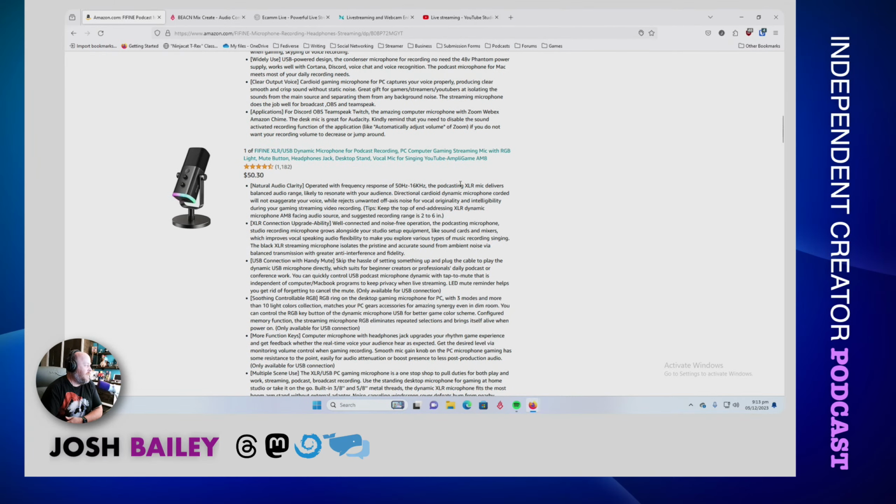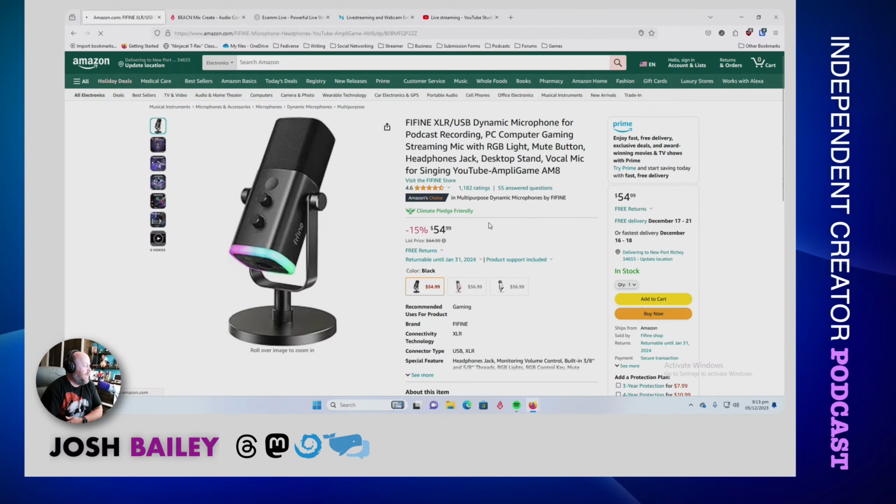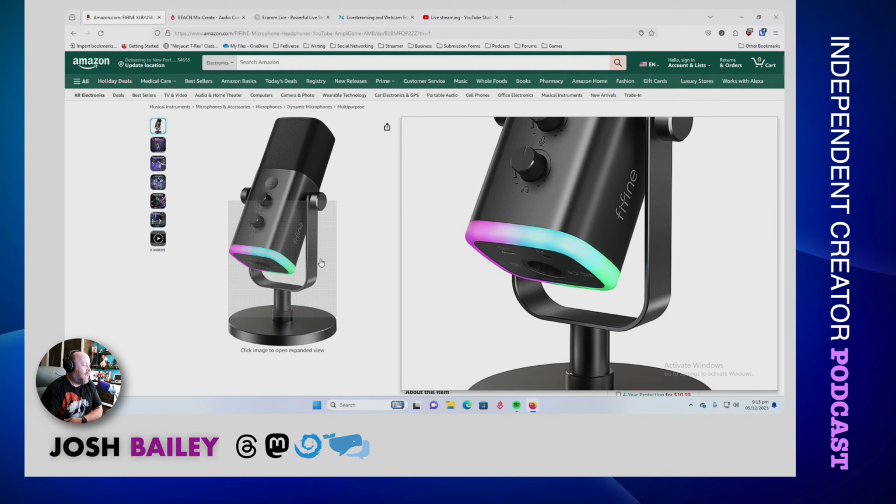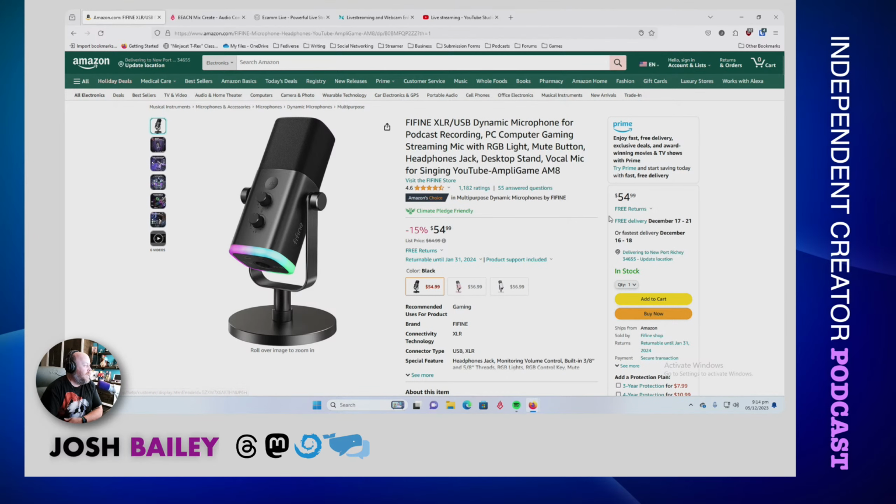Okay, I think this is a double pack for some odd reason. But if I go to just the listing, yeah, it's $50 for the dual, the USB and then the XLR. And again, less than $100, you can have a perfectly good sounding microphone. Really, all you need is a good sounding or decent sounding microphone, because video, I believe, and this is my personal opinion, is something that